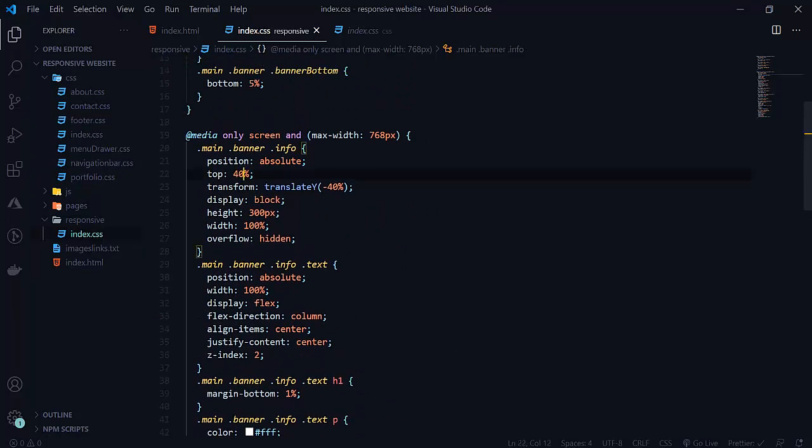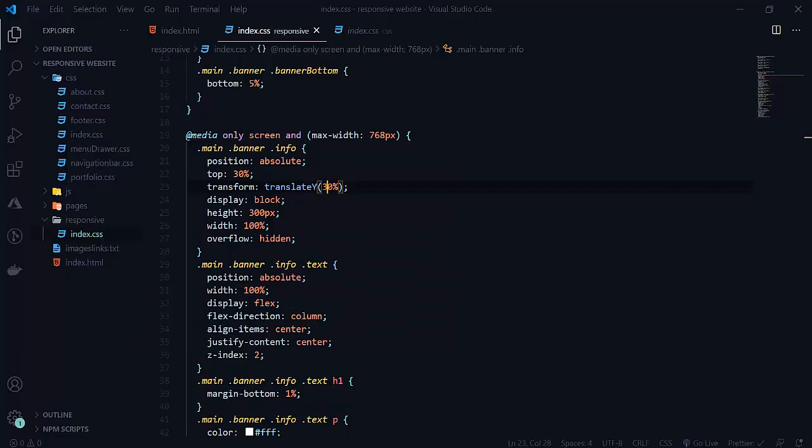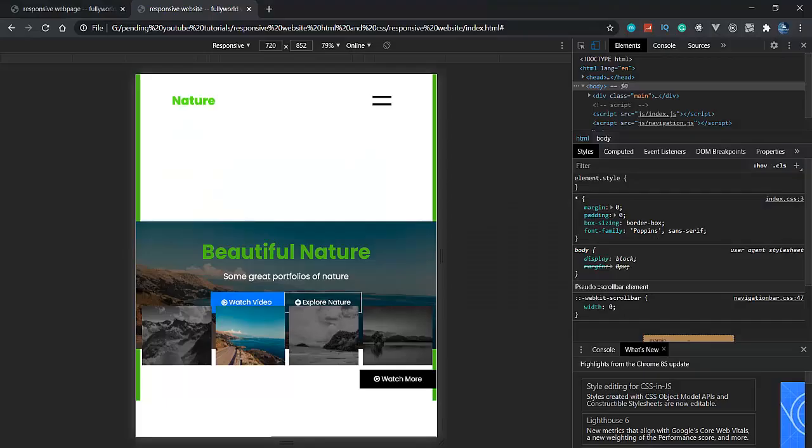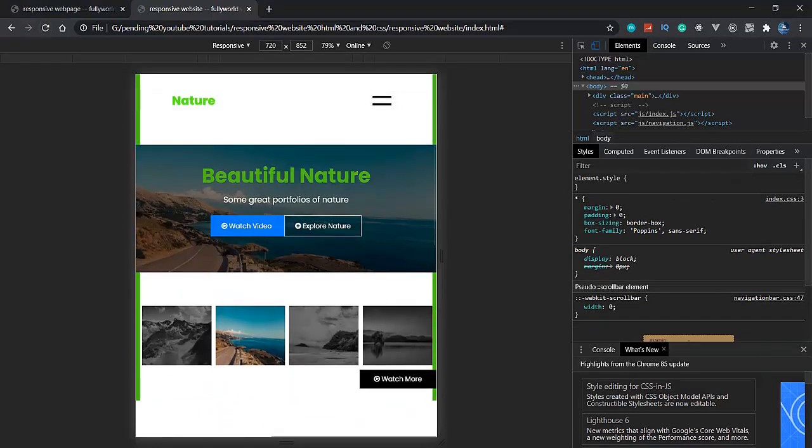So here I will write 30% here. So 30% I think it will be good. So whenever we reload this, so top is equal to 30% minus 30%. Okay. So let's go here. See that now it is looking good now.